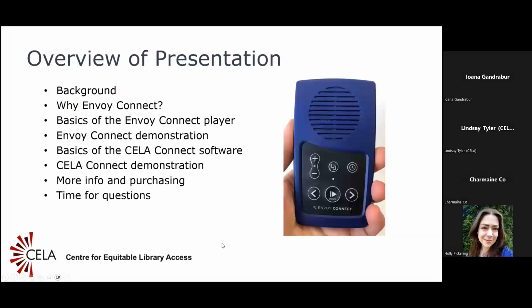So to begin with, I'll give you just a few minutes of background to explain the reasoning behind the launch of this player. And then after that, we'll go into some benefits of why the Envoy Connect is a good tool. And then we'll talk about the basics of the Envoy Connect player for anyone who doesn't have one or is thinking about getting one but wants to know more details about it. Then Awana will give us a demonstration of the player. You'll get to hear and see what it sounds like, what it looks like, and how you can play books